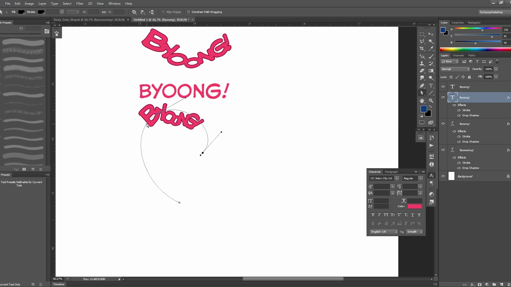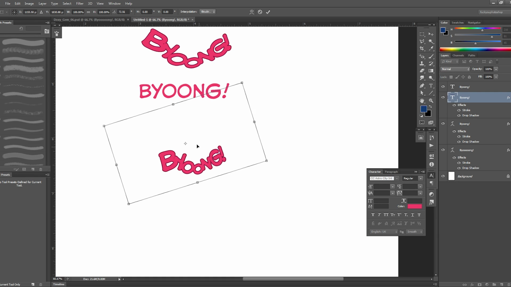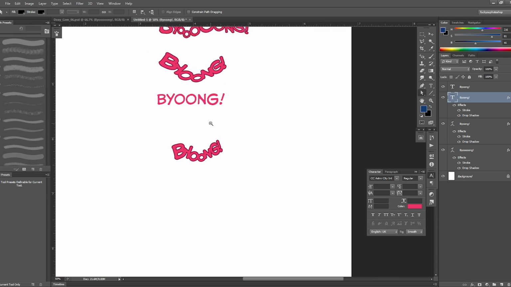Oops. I think that moves this one. If you really need a lot of control, this is how you're going to do it. And then Control T will allow you to modify that. And now I have a real strong